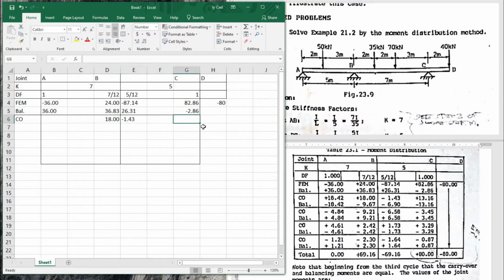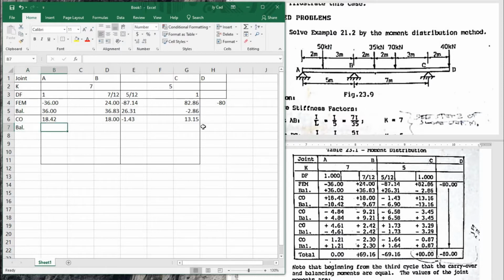Dito naman, equal sign, then that divided by 2. Ganon din dito sa kabila. Equal sign, 36.83 divided by 2. Next is we now go to the balance. Again,